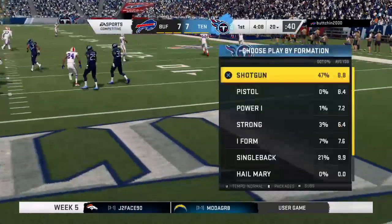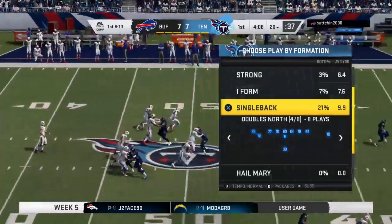Now this is going to carry well into the end zone for a touchback. I forgot to tell you, man,